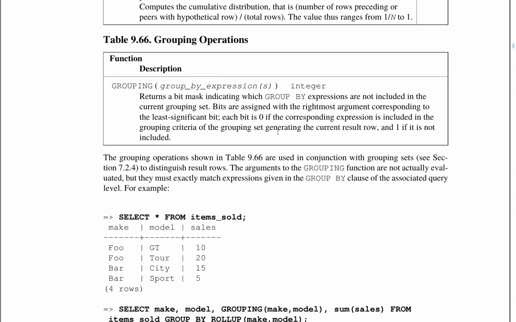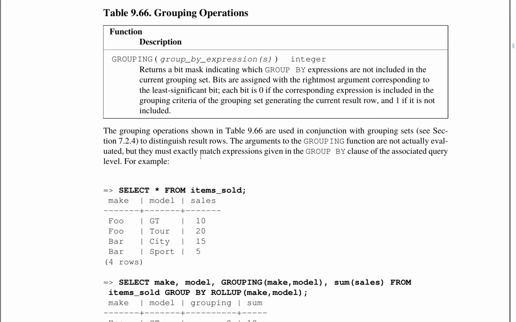The grouping operations shown in table 9.66 are used in conjunction with grouping sets. We will look at section 7.2.4 later to distinguish result rows. The arguments to the grouping functions are not actually evaluated, but they must exactly match expressions given in the GROUP BY clause of the associated query level. For example,